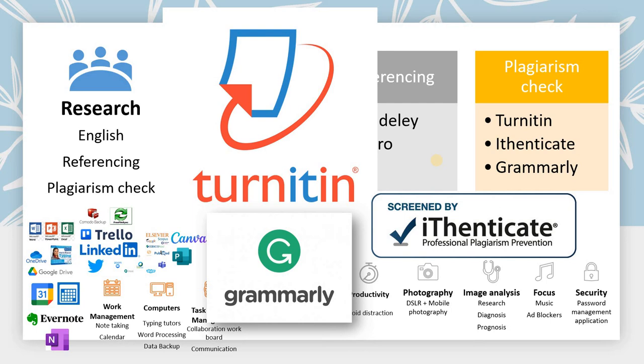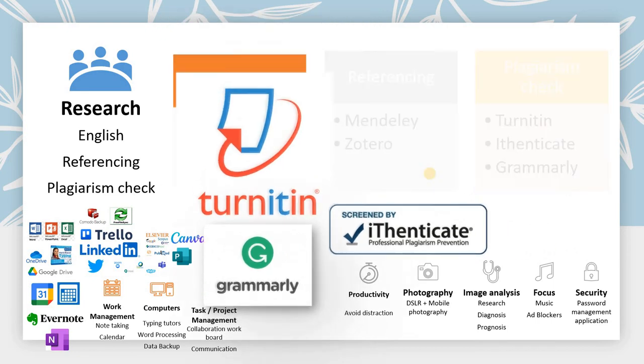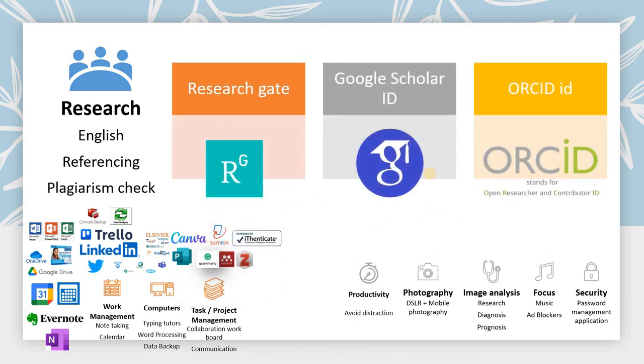Grammarly, Turnitin, Authenticate are absolute essentials for checking plagiarism. Every journal article goes through a plagiarism check before it accepts the article. During your publication, an ORCID number is an absolute essential. All of you should register on the ORCID website, which stands for Open Researcher and Contributor ID. Google Scholar helps you understand where you stand in terms of citation. ResearchGate is another platform where researchers join together, share their work, and collaborate.